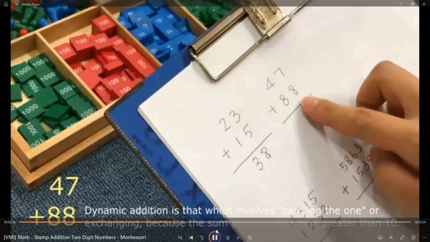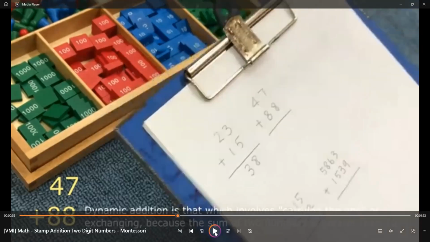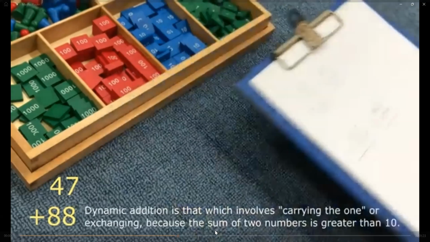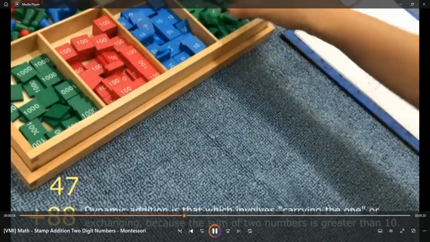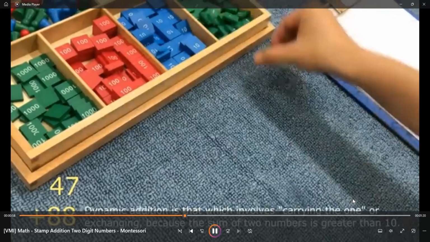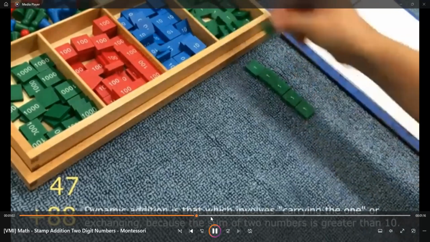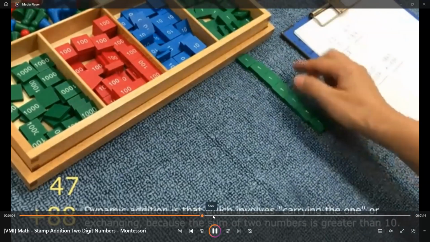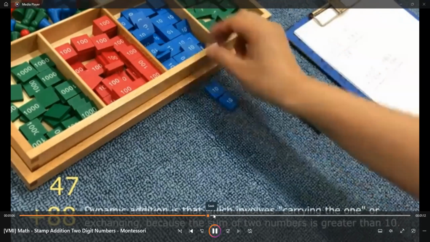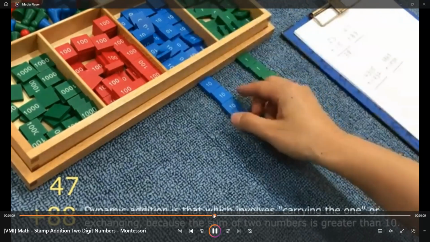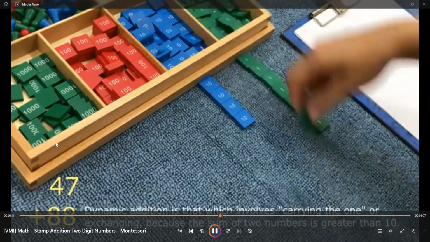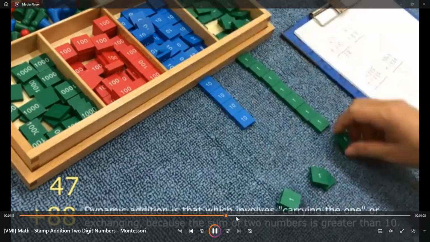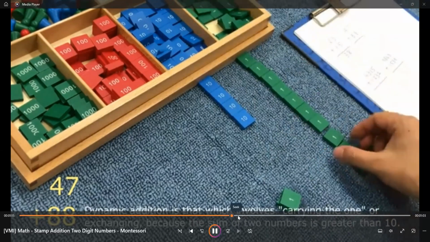So what is the first rule? We only arrange the first number. So 4 tens and 7 ones. The child will also start to pick 7 ones, and from there, I add my 4 tens. 7 ones in the ones position, 4 tens in the second position. Now I got to add my other number. That's my 88. So 8 ones